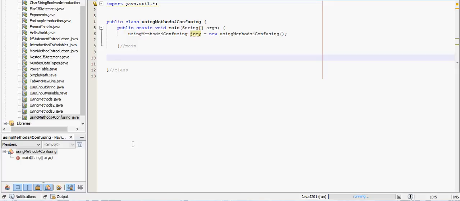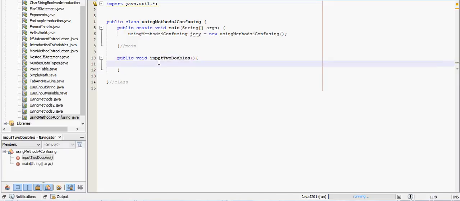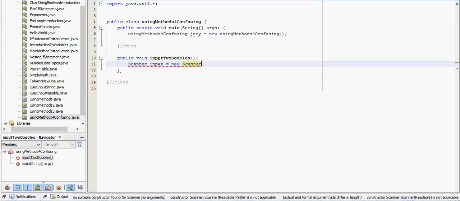So we have our import at the top. We've imported that package and we have our main. So now we need to create a new method. So public void, let's call it input to doubles, because that's what we're going to have them do. Alright, so first thing we need to do is get a scanner. So Scanner input equals new Scanner